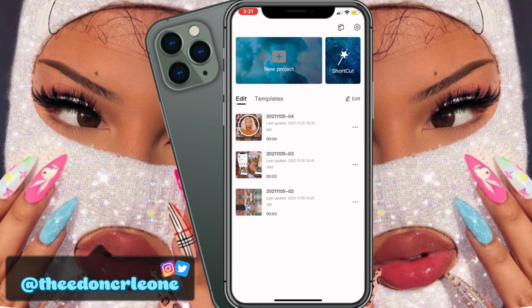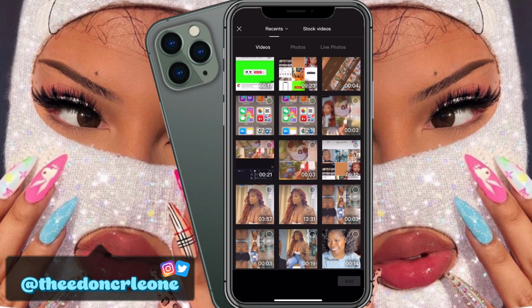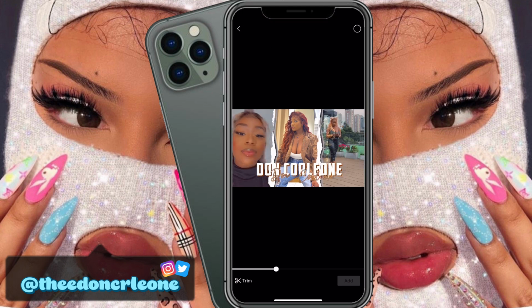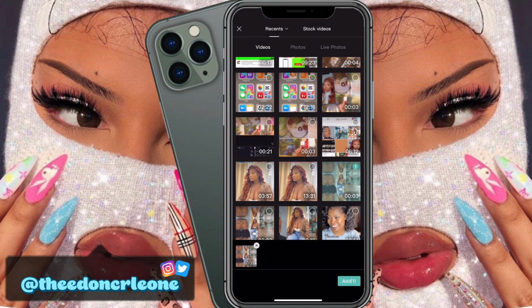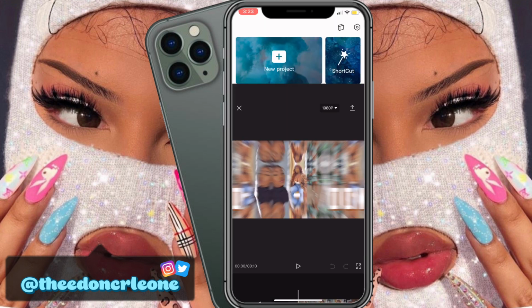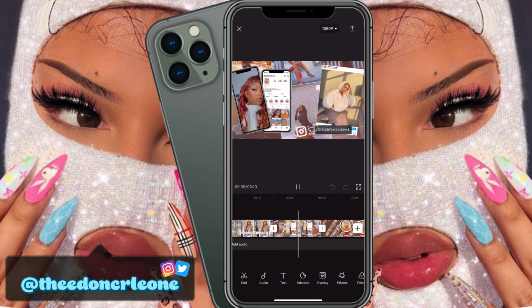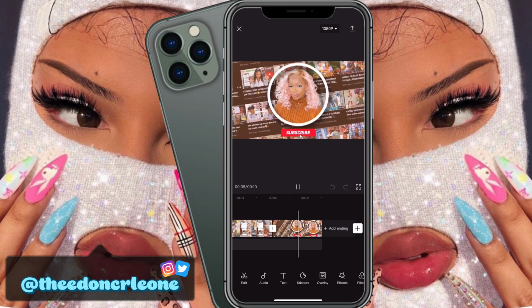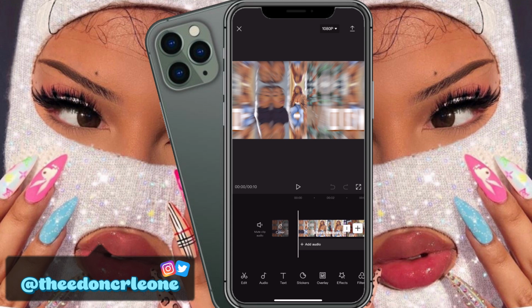So now we're starting a new project, and all you need to do is add the 3 different clips that you made from the 3 different parts of this intro. We will be merging them into one. Once your clips are in, you want to make sure that everything is set, everything is aligned, everything is looking the way it's supposed to look. Then you're going to go ahead and add your